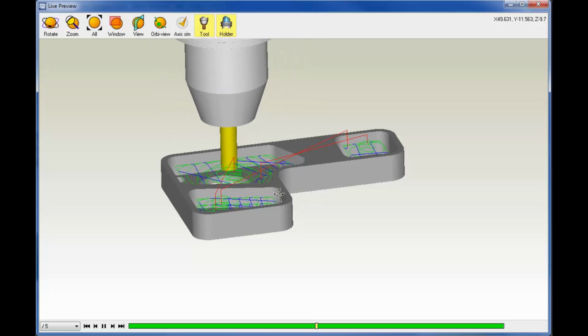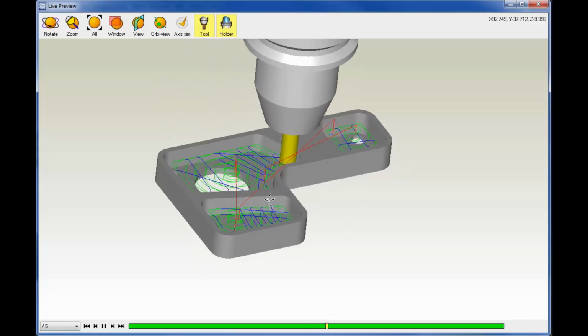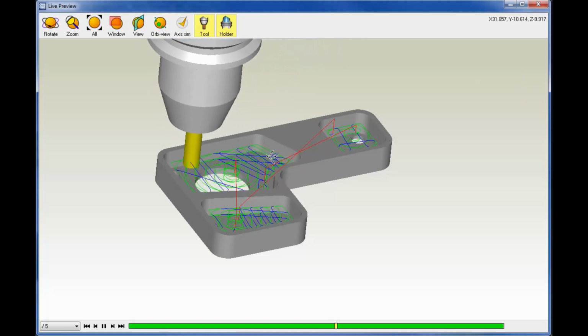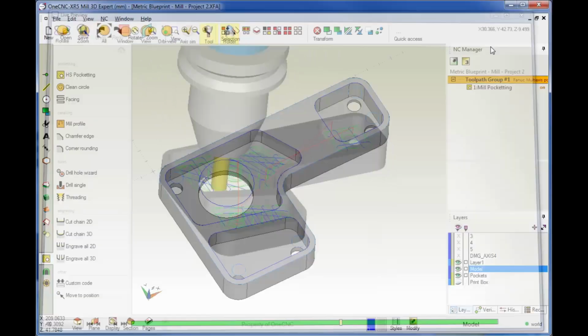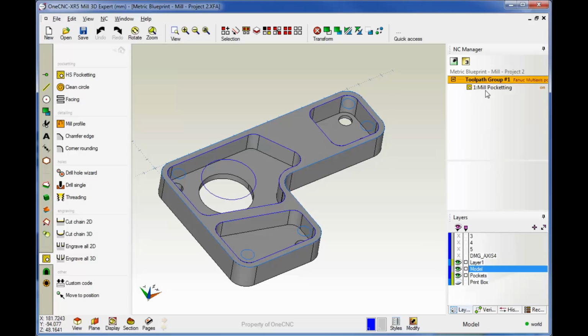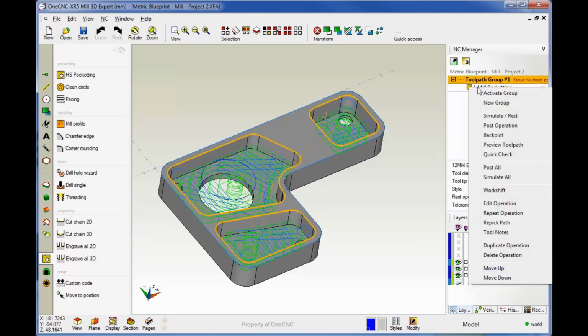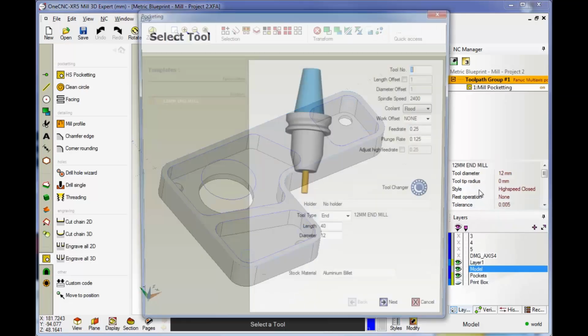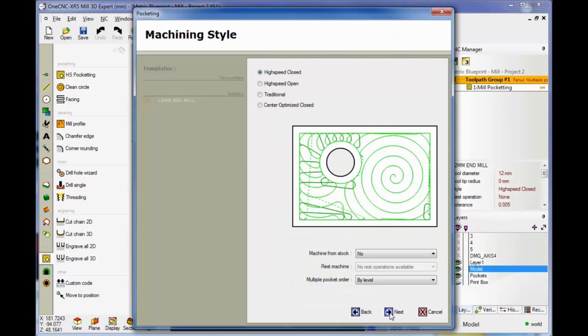All right, but let's say you'd like to take that tool and machine that pocket all the way to depth and then machine the next pocket all the way to depth. Well, in XR5 it's very simple to do that. Let's go back in here and edit this operation. I'm going to right mouse click and select edit operation, and we'll click next,